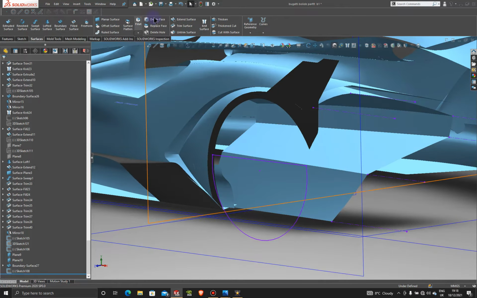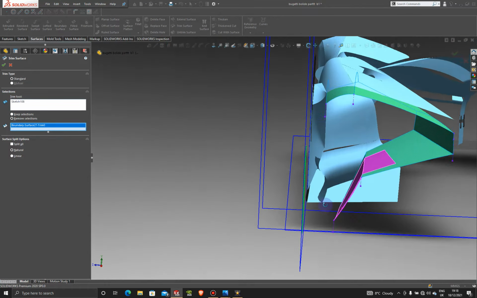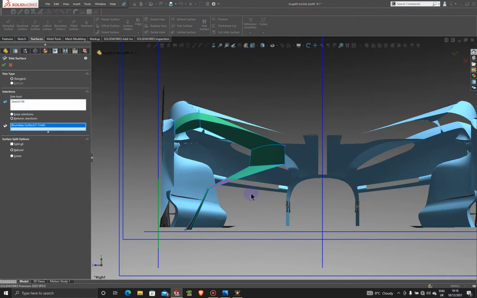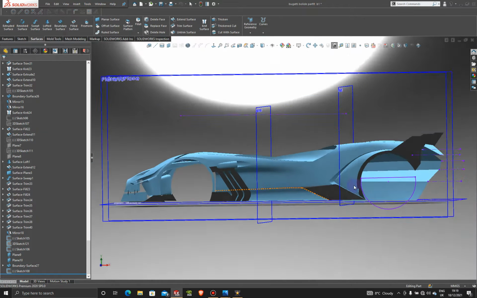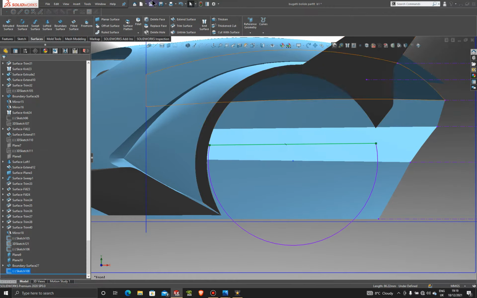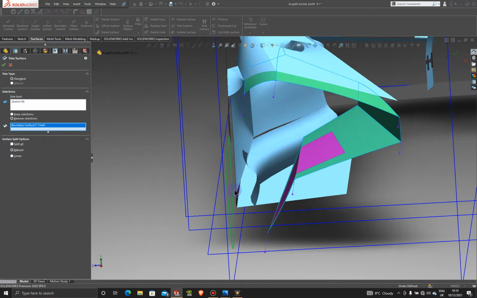And if we try to do a trim now, and the trim tool is going to be the sketch, let's see what we get. Right? Let's jump into the back view to make sure that we are going to cut right in the middle. Okay, so I want to cut a little bit further up, actually. All right, so we're going to pull this line up a little bit more, to about there. Okay, and trim surface, and that's the trim tool, and let's have a look now. All right, so now it's exactly in the middle,